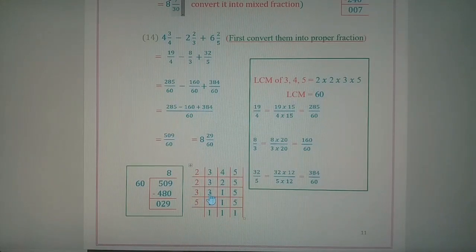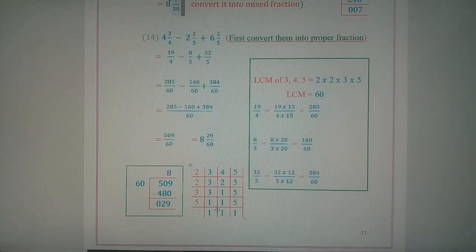So the next prime number we'll take will be 3. In 3's table 3 comes, 3 1s are 3. In 3's table 5 doesn't come, so this 5 we copy down. So the next row will be 1, 1 and 5. Now, since this is 5, we can divide with 5's table. 5 1s are 5 and this one we copy down and the next one also we copy down.